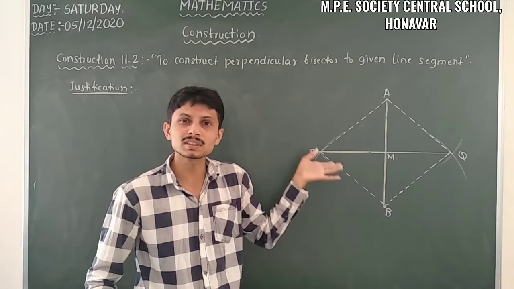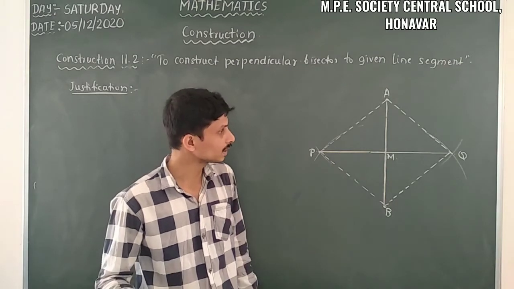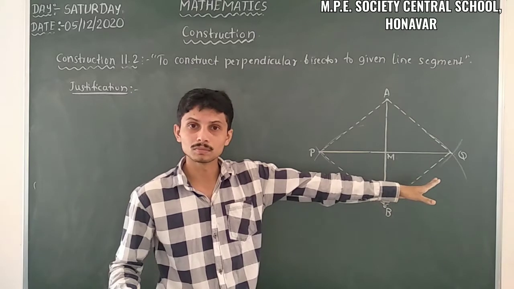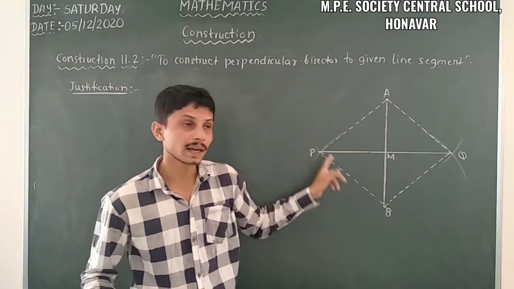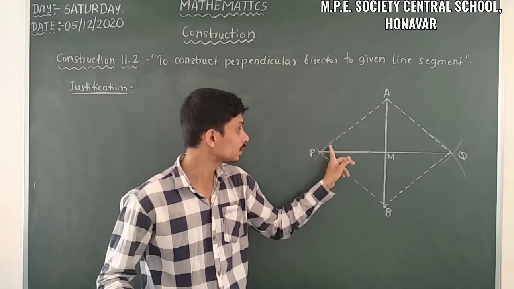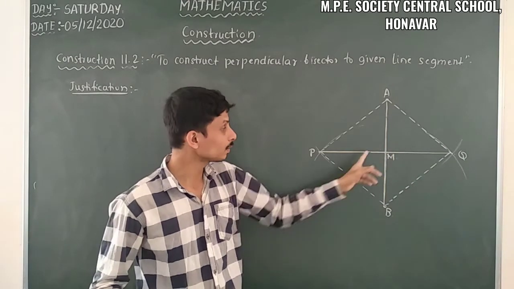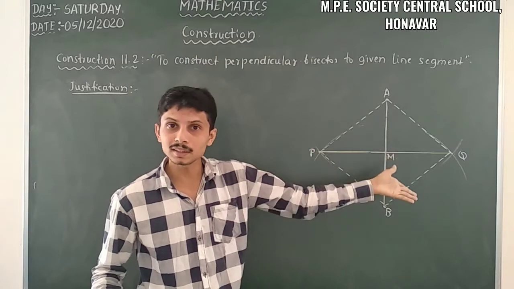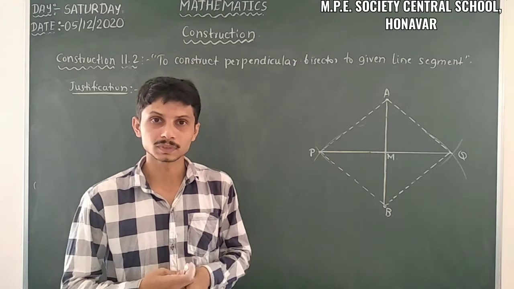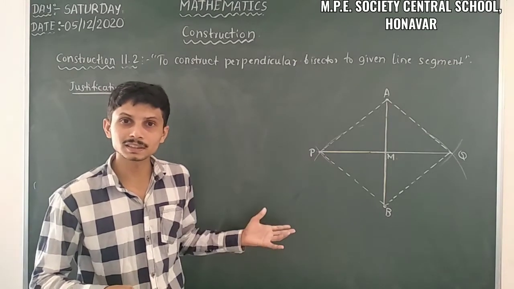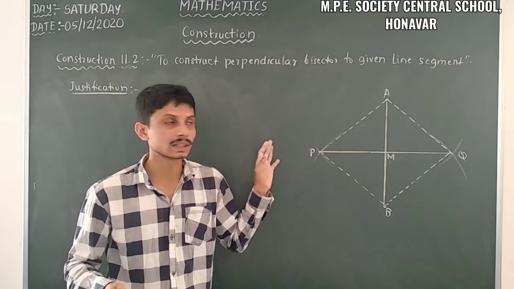Because they are radii of the same arc, no problem, two equalities are possible. Another equality is PQ equal to PQ. So three equalities are possible. Then we can take these as the CPCTs, and when we consider these two triangles, these two angles are equal. When we consider it as a linear pair, we get each angle as 90 degrees. So let us take the justification. With the justification, we have to know the complete steps.